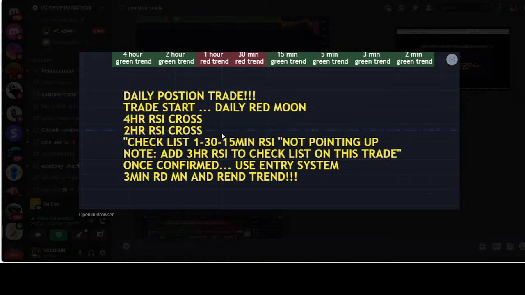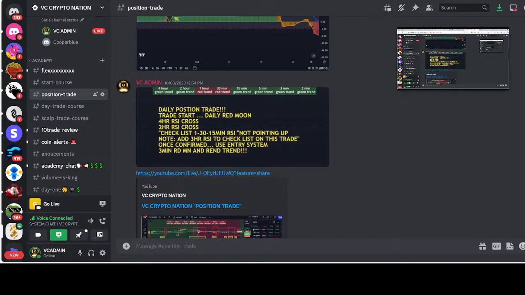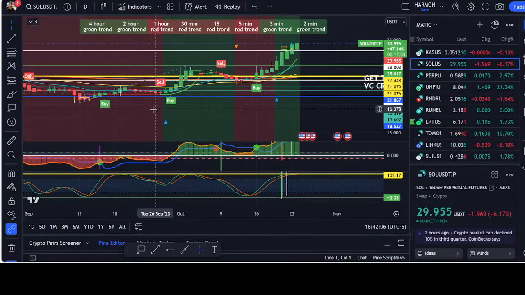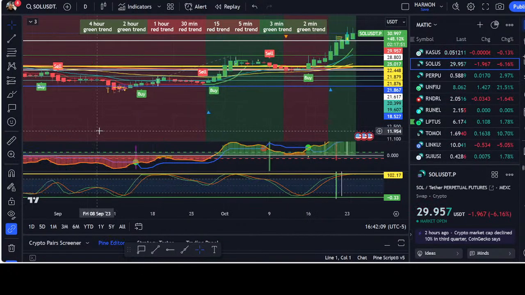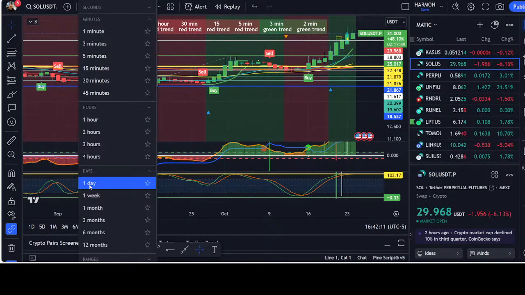So here's a daily green moon. Now you need the 4-hour RSI and the 2-hour crossing up, with obviously the basic checklist, 130.15, and then the greens. So now we know that there's a trade here, but we would need the basics with us, right? So the basics are during this time,